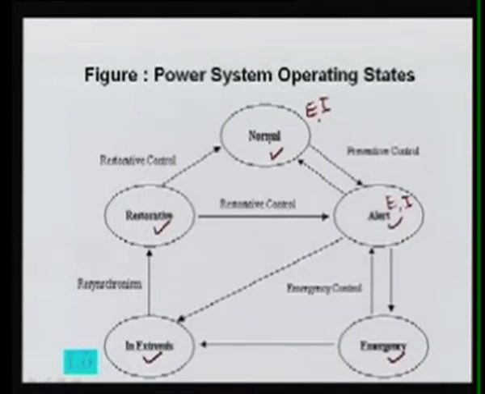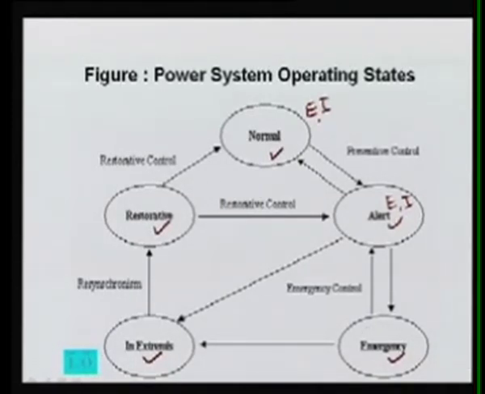So in normal state, if your system is in alert state after any one contingency, then you must try that your system should go back to your normal state, because our main intention is to operate the power system in a secure manner. In the event it is not possible, and you are not taking any preventive control to go back, then what will happen? If there is another contingency, your system may go